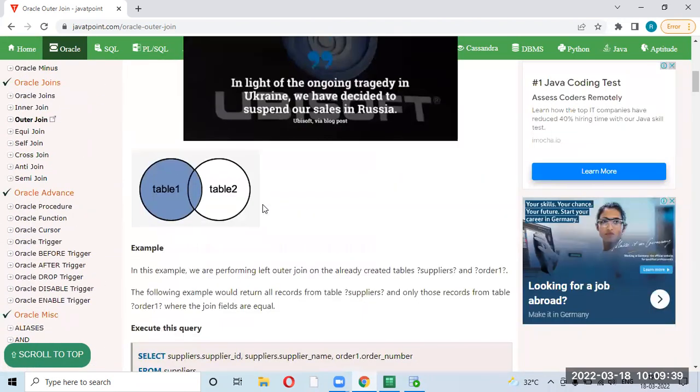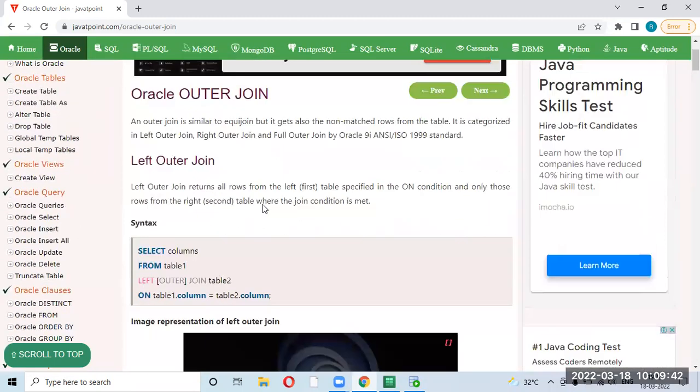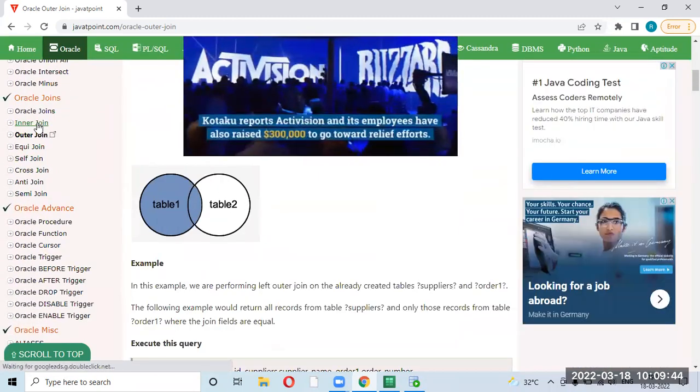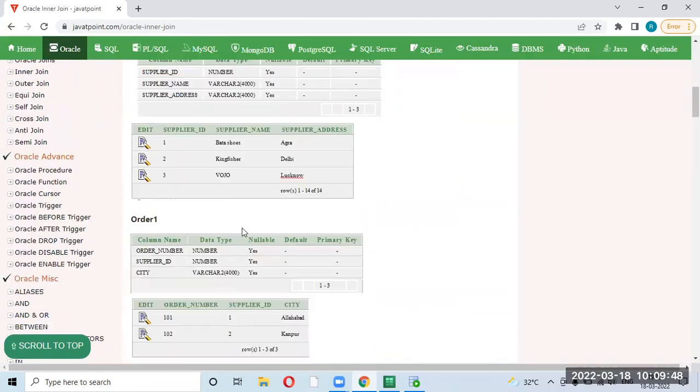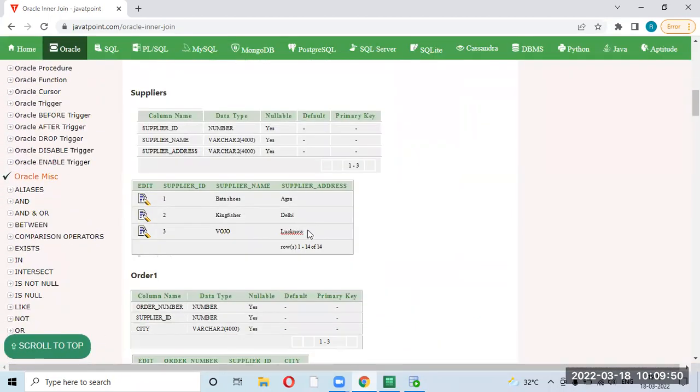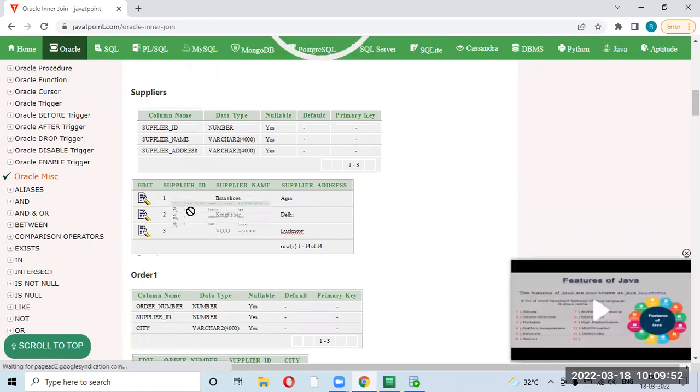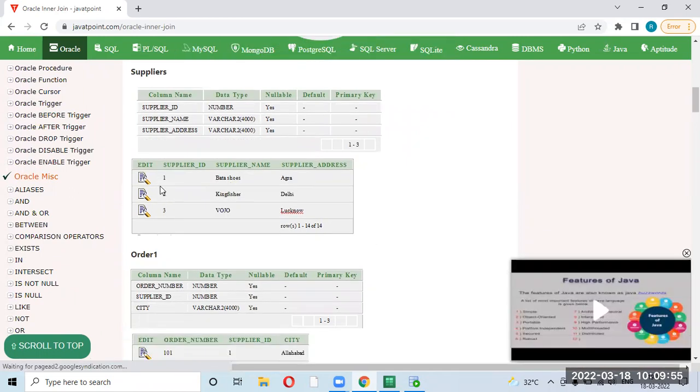Not only matching, like let us do one thing. Let me copy this data. Whether I can copy it or not.